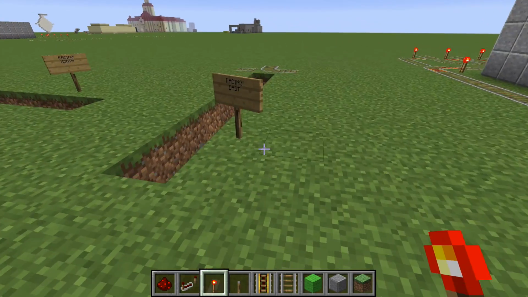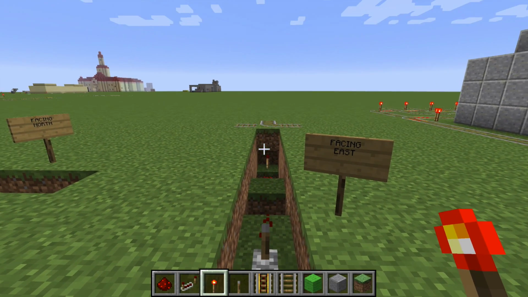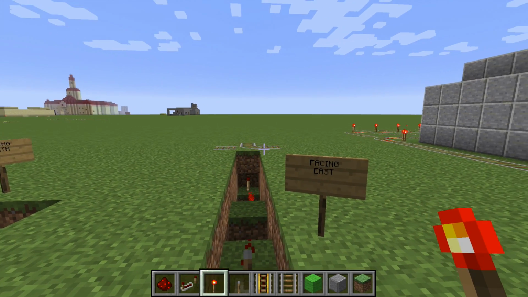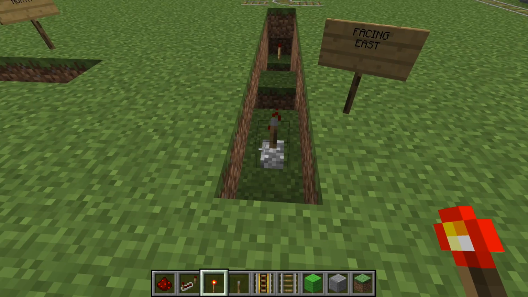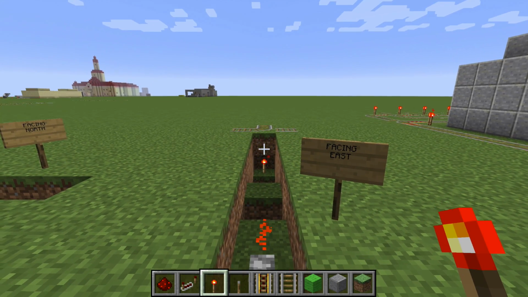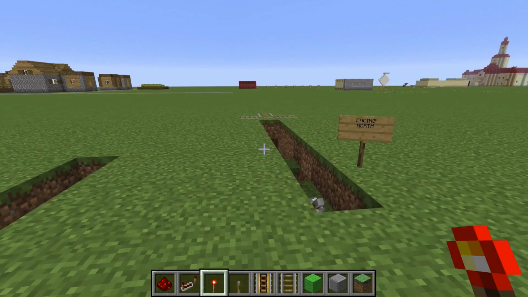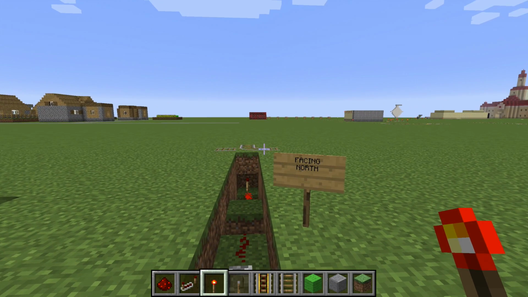And similarly, if we go over here, when you're facing east, if you need your rail to be curved like this by default, then your wiring will be such that the torch will be off. If your rail needs to be like that by default, then your wiring needs to be such that your torch will be on. And then moving over here, if we have a line of wiring that's facing north,